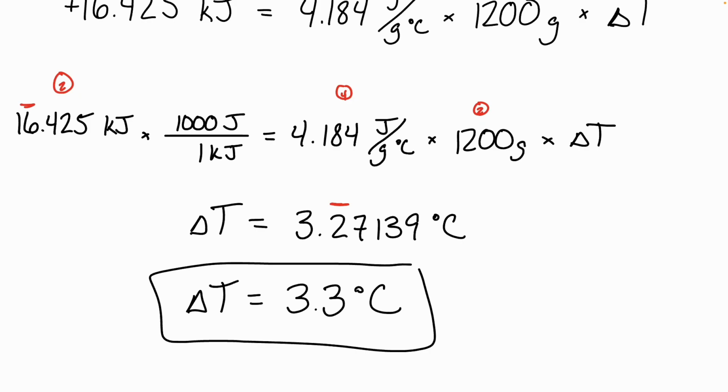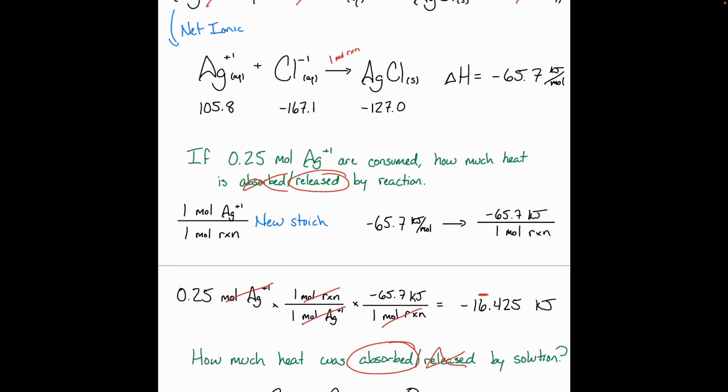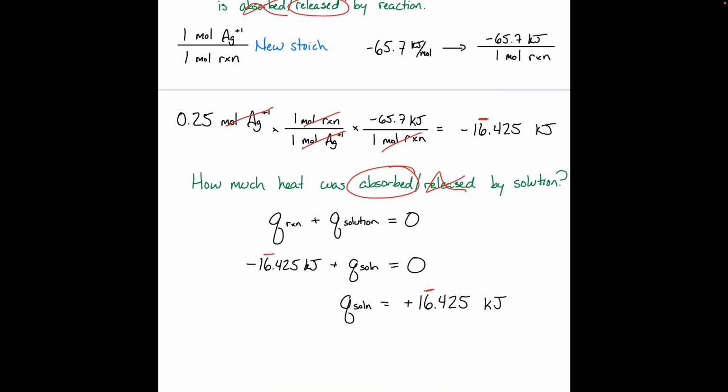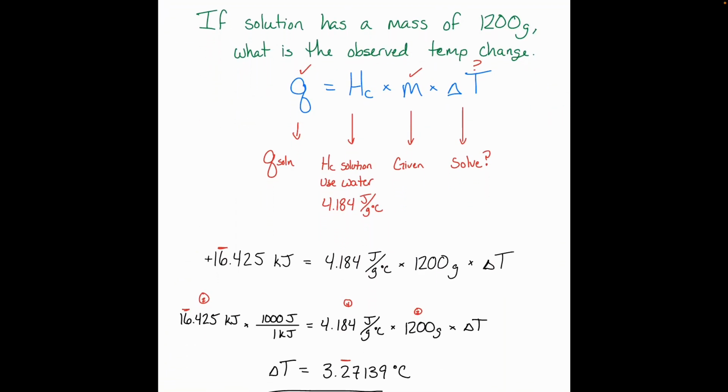All right, so we're kind of rolling together what we learned first about calorimetry and then what we learned more recently about reaction enthalpy. All right, if we're given a reaction and given a chemical equation, we can find its delta H from our constants page, and we can use that. Then if we know how much reaction is occurring, we can figure out how much heat is absorbed or released. All that heat needs to go into that surrounding solution. So now I can figure out the Q of my solution, and then finally turn that into a temperature change using our calorimetry formula here.